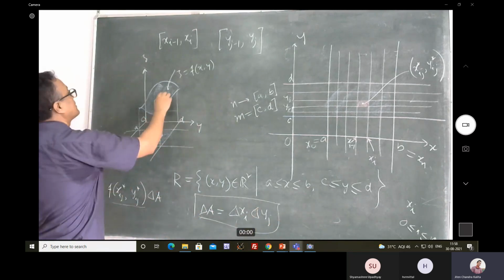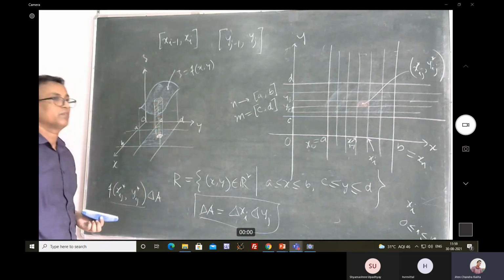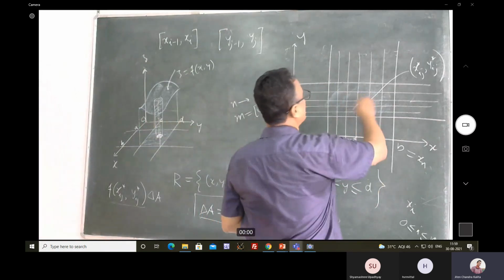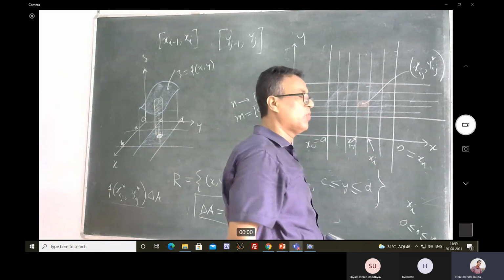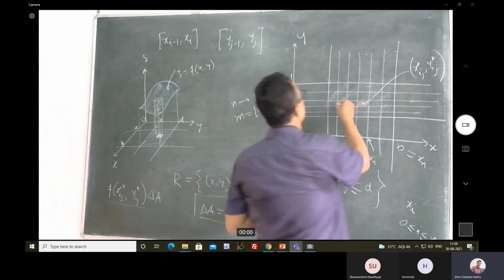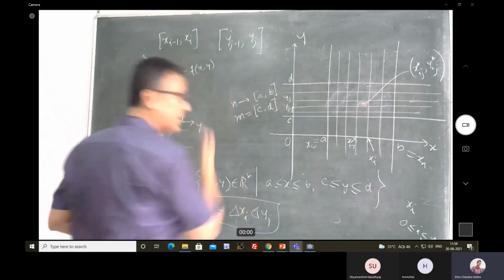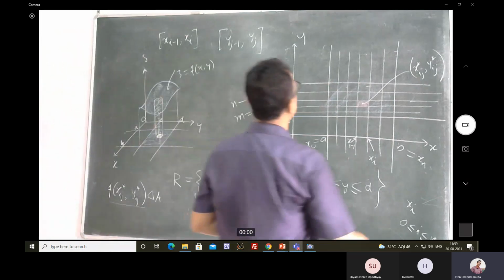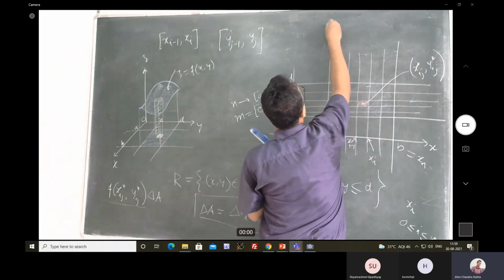So the volume of this rectangular box is going to be given by that. Similarly, if I consider the volume of all the other columns above the other subrectangles, and take their sum, then what I'm going to get is given by,